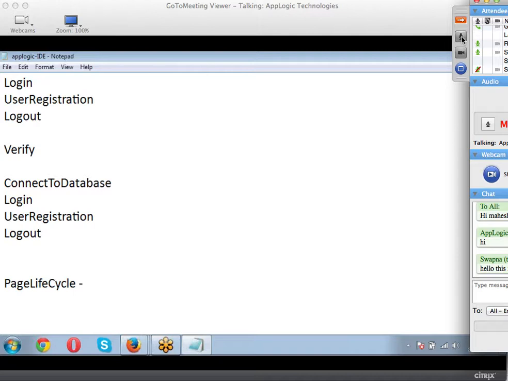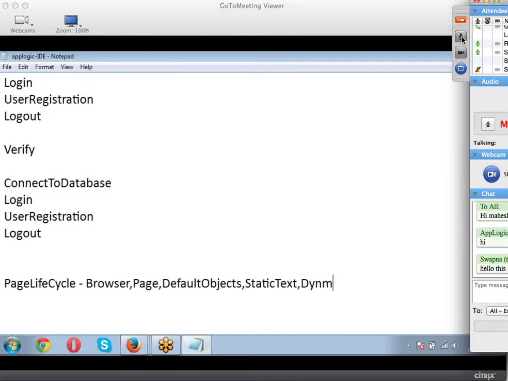Default objects are those that are mandatorily needed for my functionality. Those objects load first. So first the browser, then the page, then default objects, then static texts, then dynamic values. This is how page loading happens in a sequential pattern.